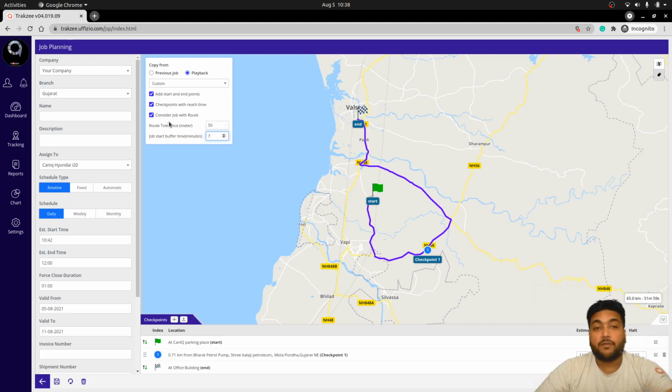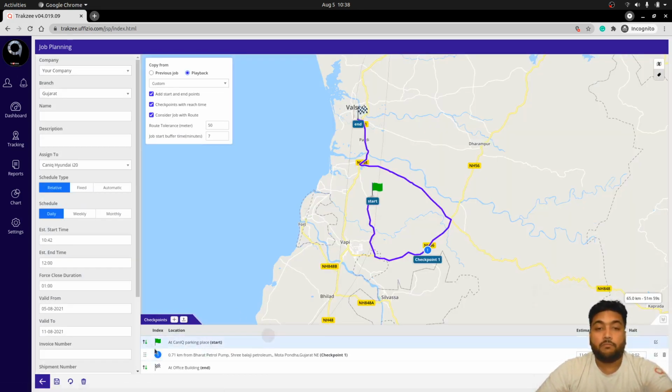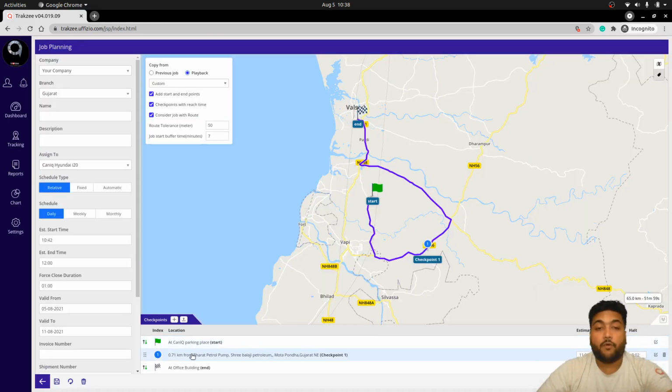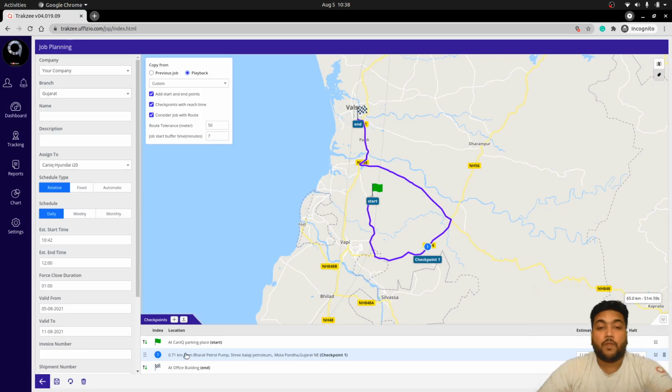Now based on the selections of these configurations and adding the checkpoint, when you click onto the particular checkpoint, you can edit the checkpoint as well, and by hovering over that particular checkpoint, you can find the information for the particular points. Now in case you want to move the checkpoints, and there are multiple checkpoints added, then that is possible as well by selecting that checkpoint and dragging it out of the particular position. So likewise the checkpoints can be moved as well.